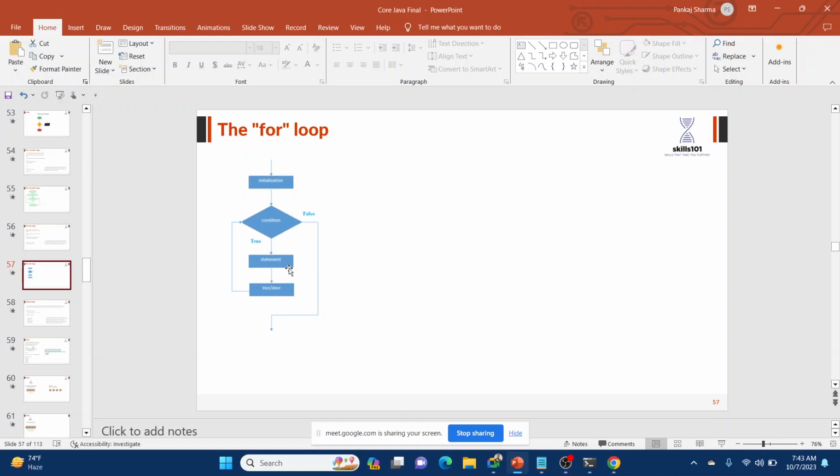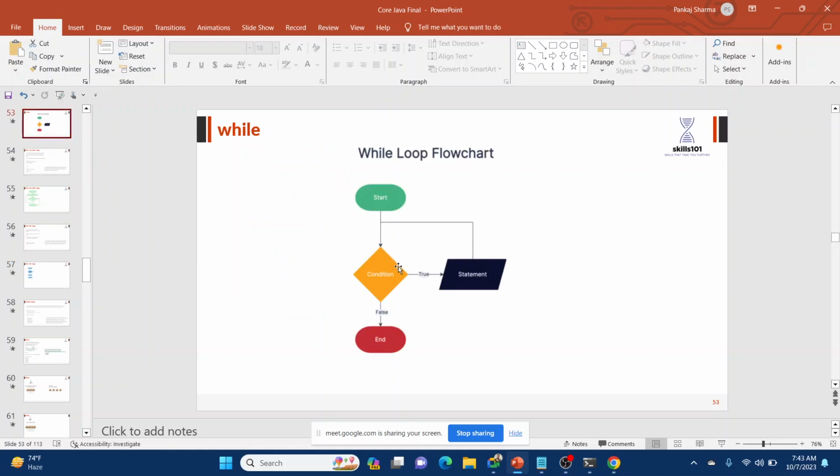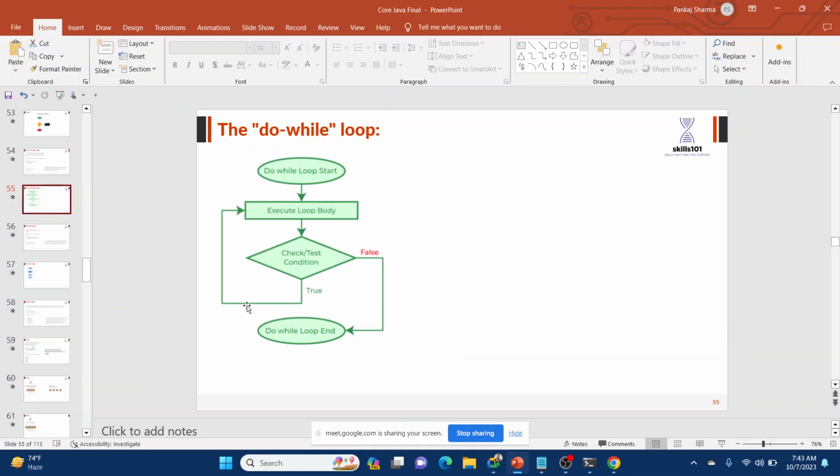In the for loop, before the statement, the condition will be checked. Again, in the while loop, before the statement, the condition will be checked. But in the do while loop, the condition will be checked after the body part. So this makes do while a little bit different.